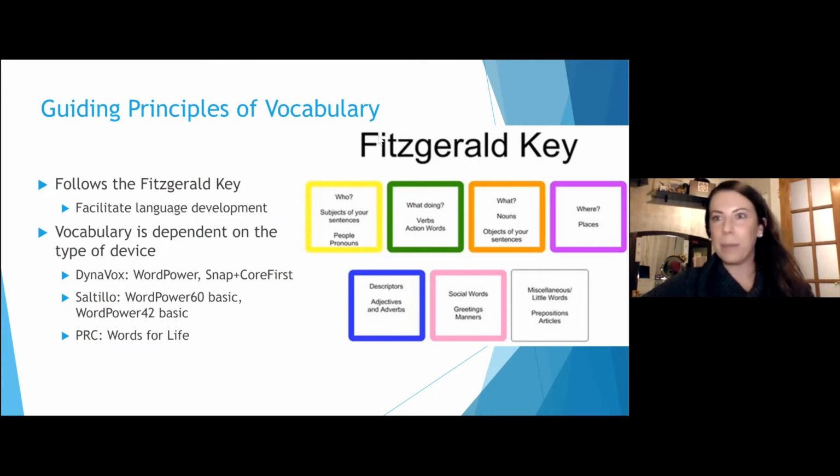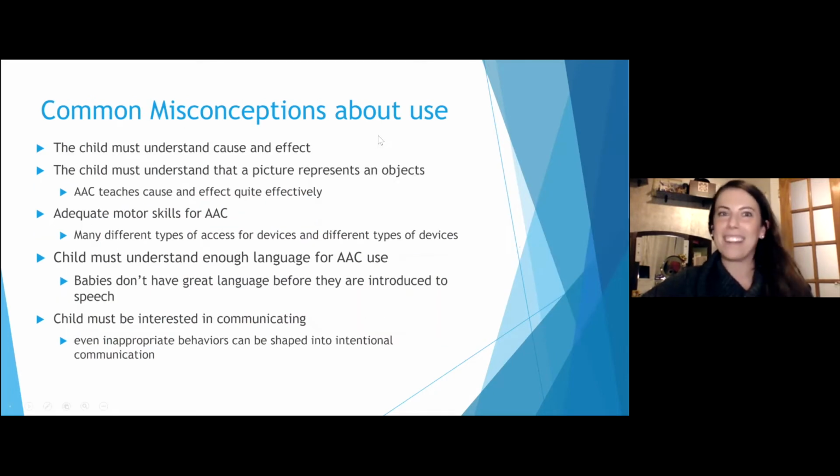So there are some common misconceptions out there. I know they're out there. I love to hear them from families and therapists and see what they are thinking about AAC. I'll ask people, and there's no offense taken whatsoever when people say, I don't want to use that because it's going to impede their verbal speech, or that's more screen time for them. Those are a lot of the things that we'll hear. The thing is to find out why. Why are you having these misconceptions? Where are you getting this information from? And then let's see how we can work around it.